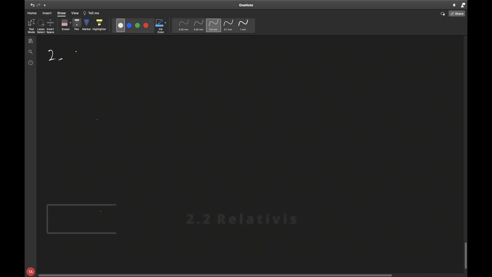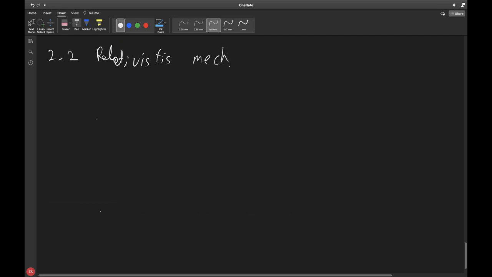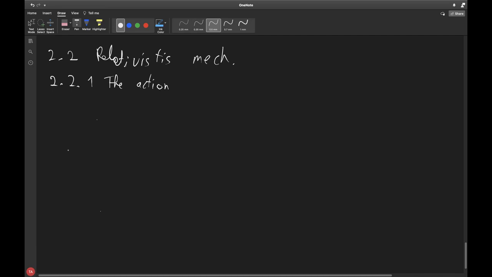So 2.2 is going to be relativistic mechanics. And we have a subsection just to start with, that what we were building up. 2.2.1 is the action. We are looking for the relativistic action, and from that we get the equations of motion going through what we